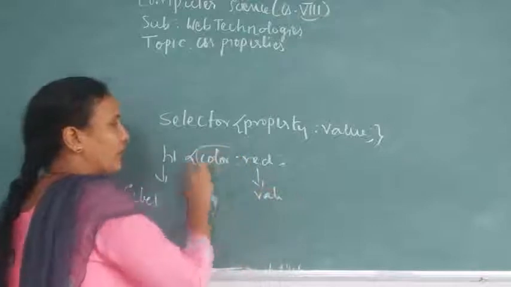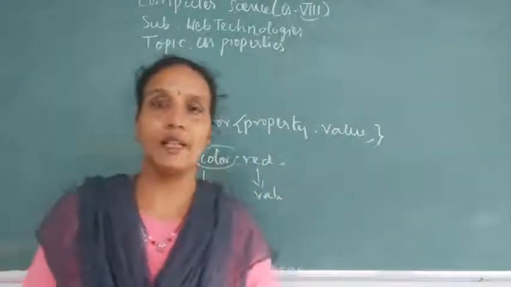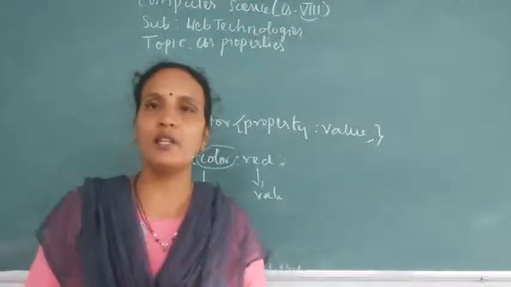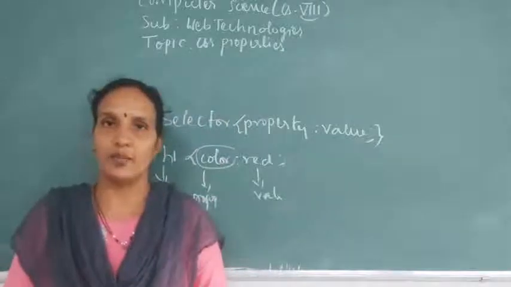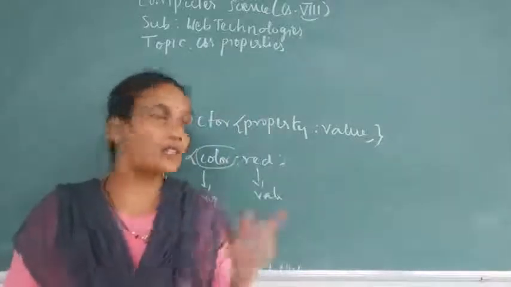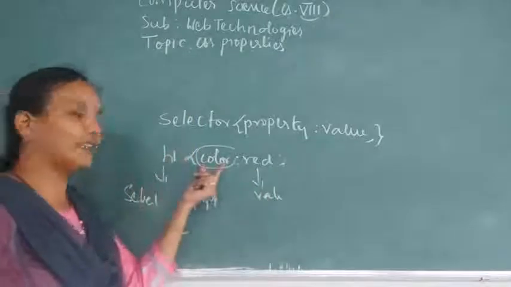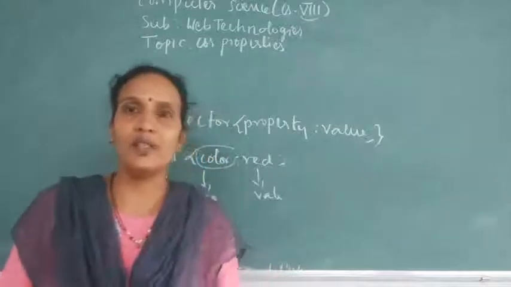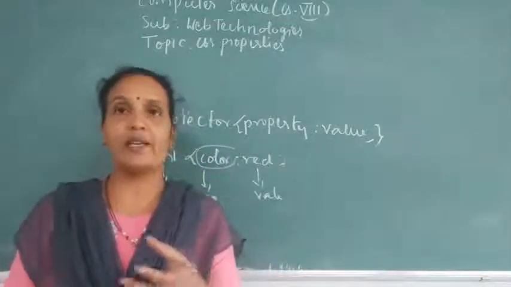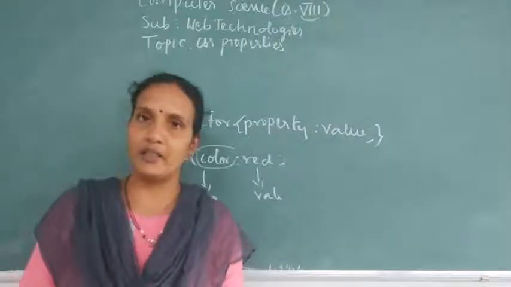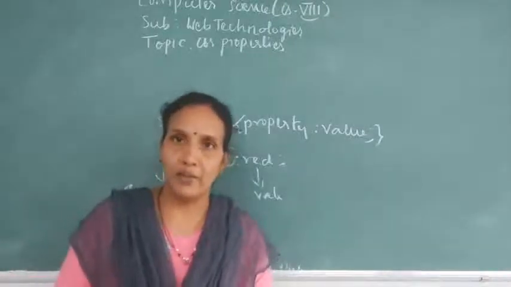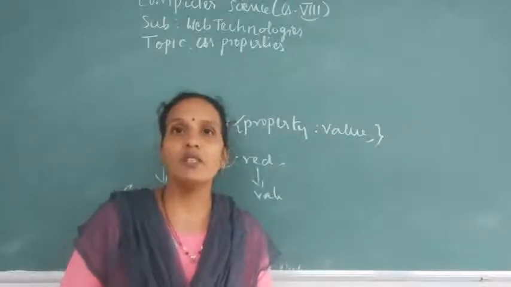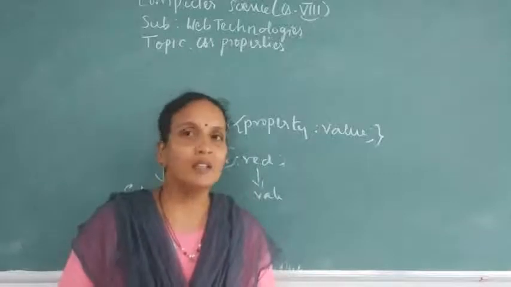Okay, so I have given only one or two properties, color I have given, text alignment I have given. So actually how many properties are available? Property means what actually? What style you are applying to a particular element. Example here, what style am I giving? H1 color, red color I am giving. So that is a style. When you want to give a style to any HTML tag or any other element, what are the available properties in CSS? What properties, what styles can we give using CSS to any HTML element? That is our topic now.